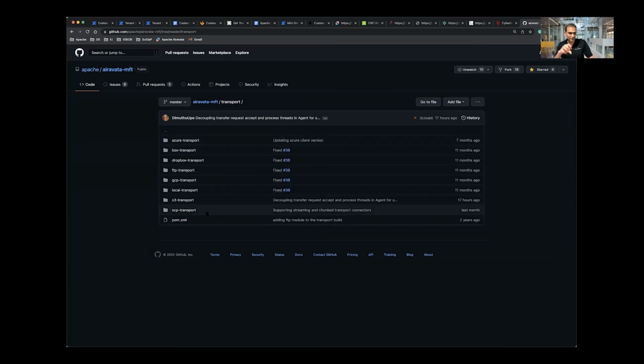So as Airavata evolves, we'll be trying to extract these pieces so that they can be used standalone and integrated as well. MFT is one of those things. Custos is an example. We need to pull out all the pieces. Right now, SCP and S3 are the heavily used ones. We need to add other transports and other pieces. So that's one piece. And then to answer your question on